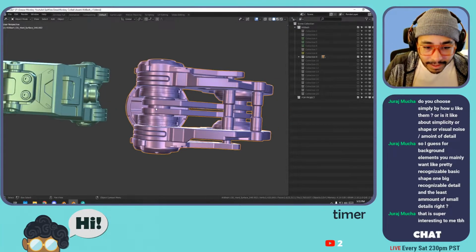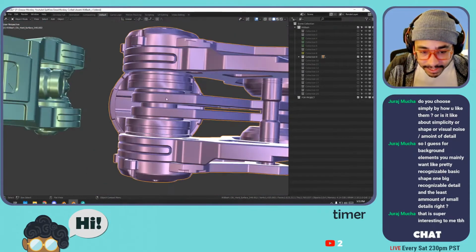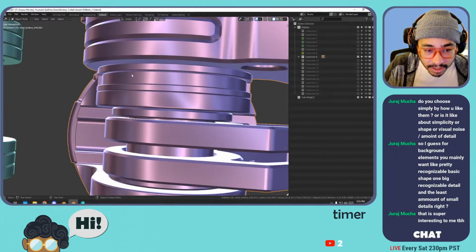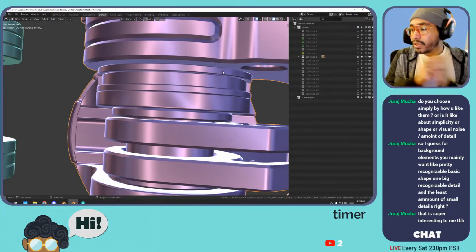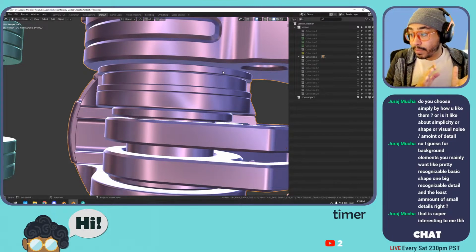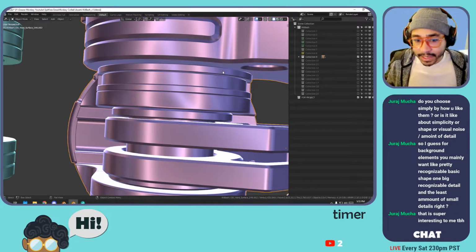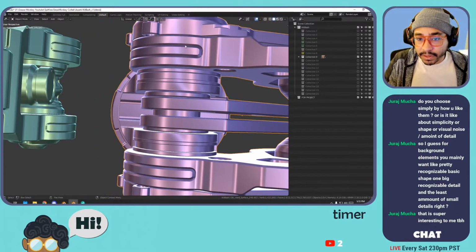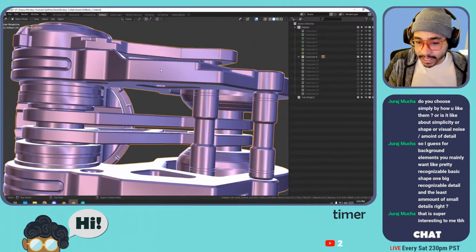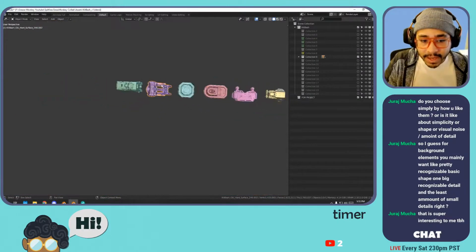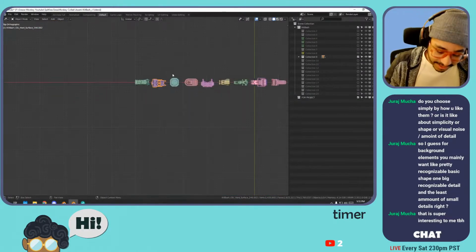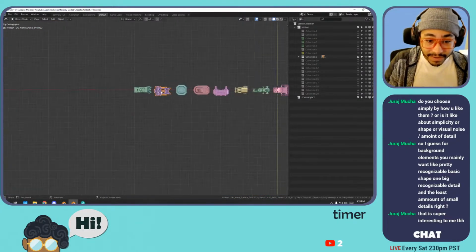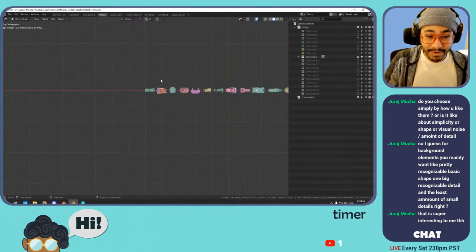Look at these shapes. There's a lot going on here. I would have done just one cylinder, but this also depends on style, because if you're doing live action VFX or stuff like that, sometimes you want the hero model, which would have all the details, and then you want the more simplified model. It also works for games, because once I get far enough here, let me show you. Yeah, once I get far enough,